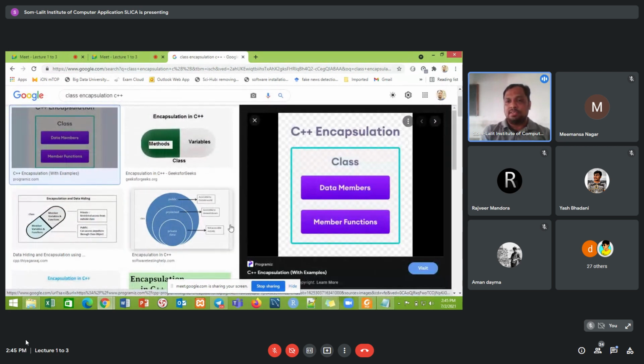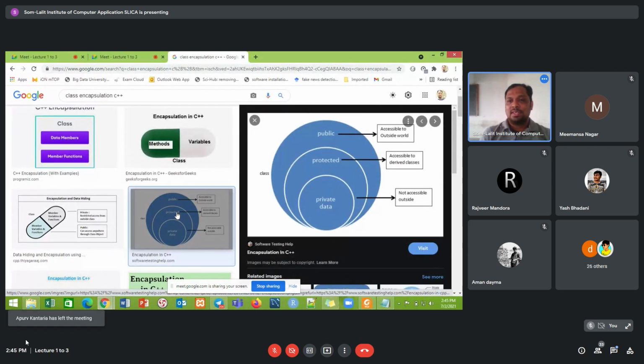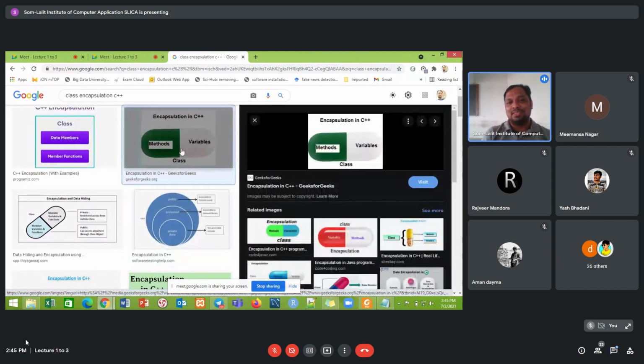There is a class, and inside that we have the data members and the member functions. See, inside the class we'll have a public section, a protected section, and a private section, and the whole class is the best example of encapsulation. This is also a good example.